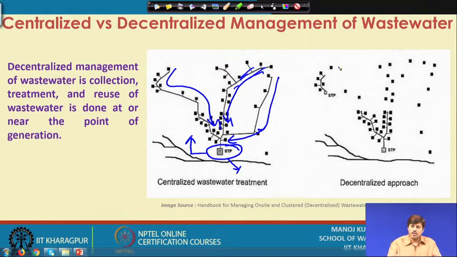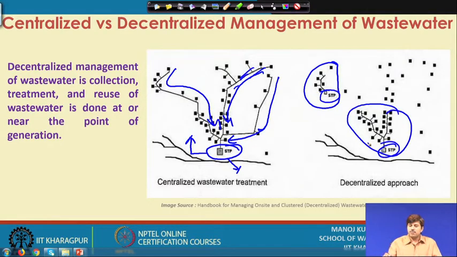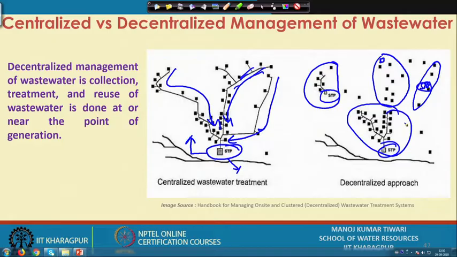whereas in the decentralized system we break this chain of transporting all of this. So, in smaller clusters, let us say we have one cluster here, we can make one smaller STP here itself, or we can make these clusters combine and make one STP here, or combine these clusters and make one STP here. That way we split the area, the locality, the region or the entire city into various sub-zones, and then we end up collecting, treating and recycling the wastewater